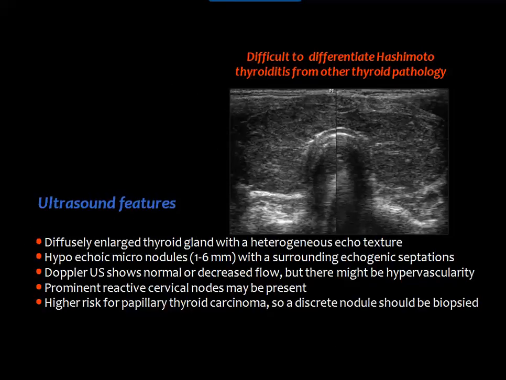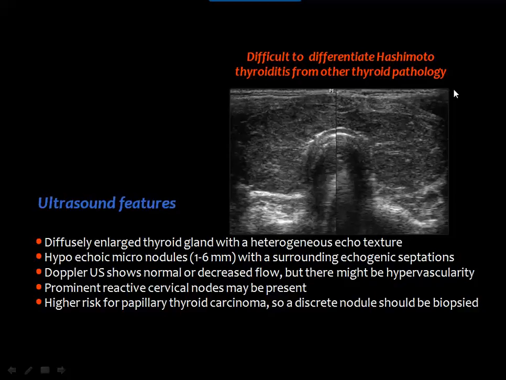And by ultrasound, there are some reported features to help you suspect the possibility of Hashimoto's thyroiditis, but they are all non-specific, such as a diffusely enlarged thyroid gland with heterogeneous echotexture, and the presence of hypoechoic micronodules, like these small nodular hypoechoic lesions surrounded by bright or echogenic septations, like these echogenic lines. Then, as I have mentioned, the Doppler may show normal flow, decreased flow, or sometimes